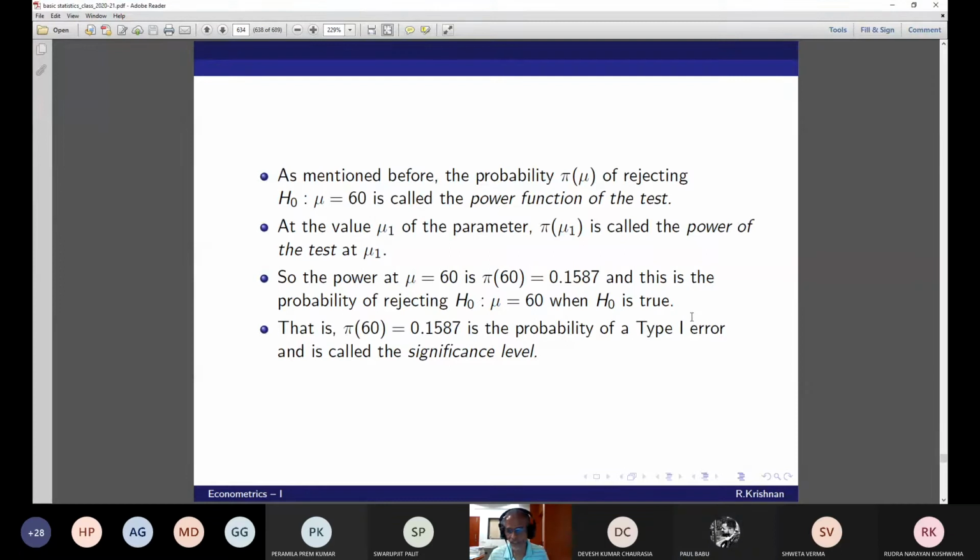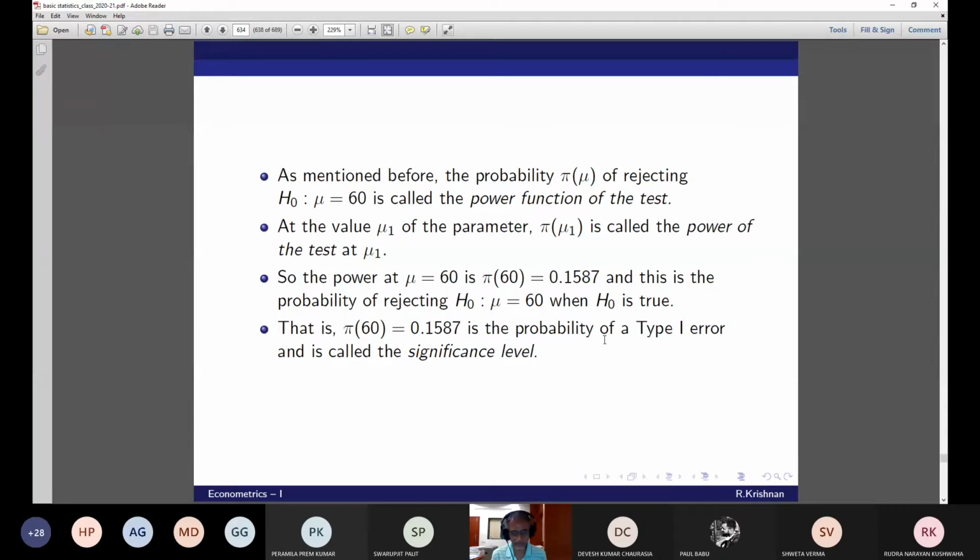Okay, today's discussion is done. Now look, this is the power. Now I ask you the other question. Normally, the significance level that we prefer is either 0.01 or 0.05. So what do you think will happen? Suppose I want to reduce this to 0.01 or 0.05. What do you think will be the consequences?